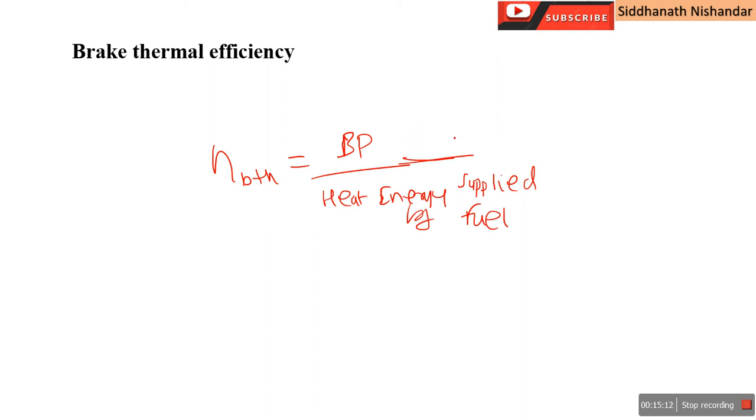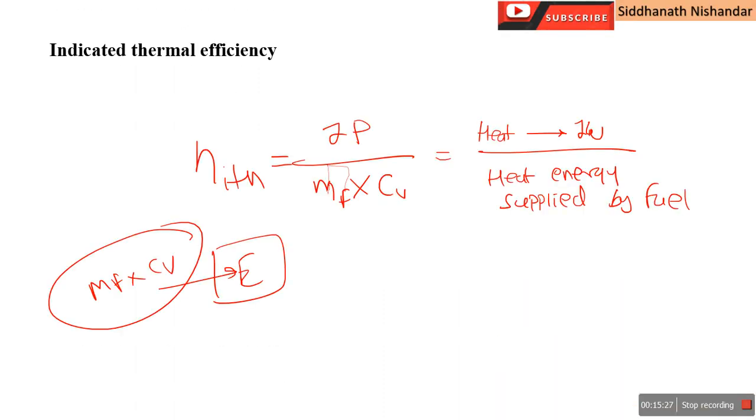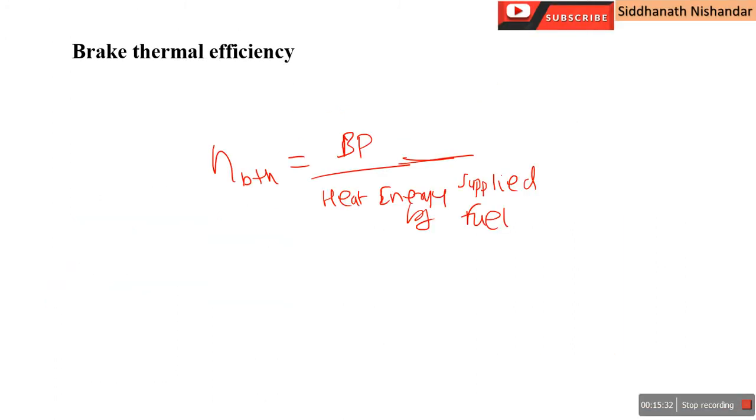And the previous formula, the indicated thermal efficiency, is what amount of energy we supplied and what amount of energy we produced. But you know that when we convert that energy to what is available at the crankshaft, there are some frictional losses. In indicated thermal efficiency, what we developed is indicated power, but actually we get brake power, because some energy is lost to frictional losses. So brake thermal efficiency is the energy available at the crankshaft to the energy we supply.